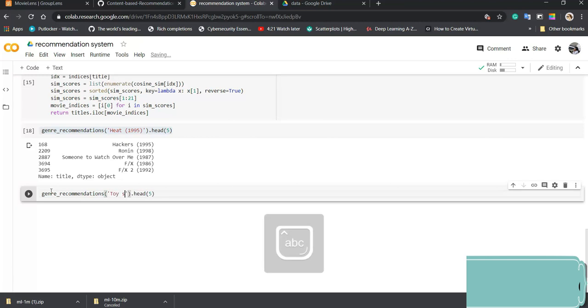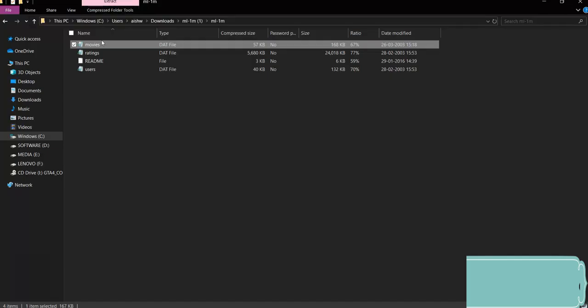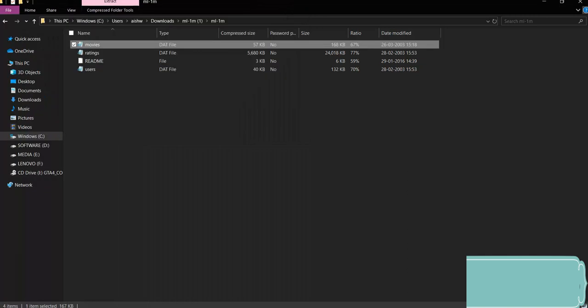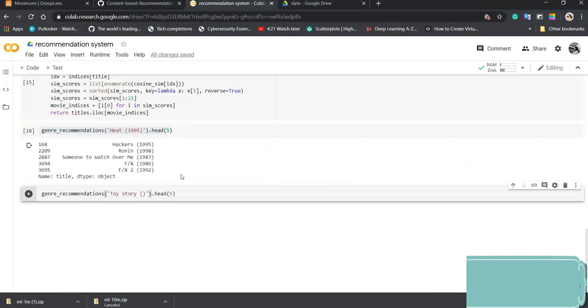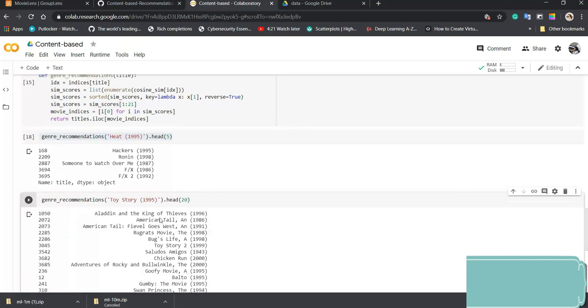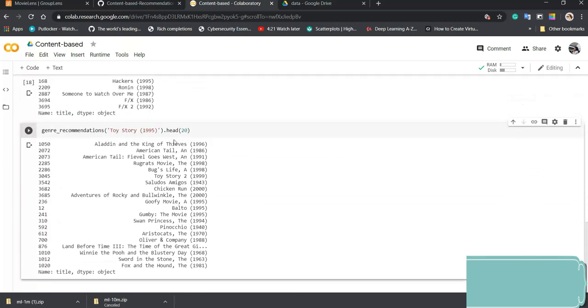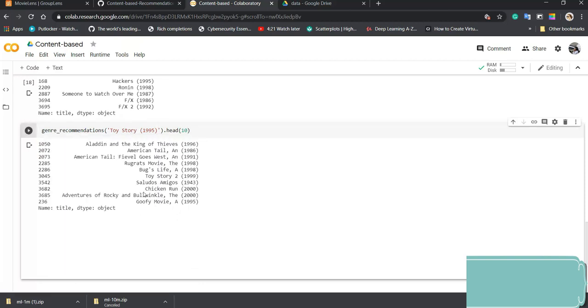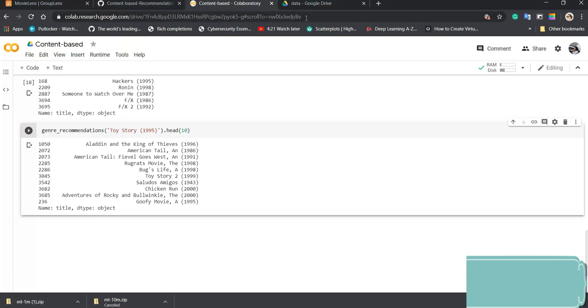So let's talk about Toy Story, which was released in 1995. The film's genres are animation, comedy, and children. So the output movie suggestions will be related to these three genres when the top 20 movies are suggested, if those films contain similar genres. This is how a recommendation system works, by reading the whole dataset and producing more or less accurate output based on user input. You can see the output: Aladdin and the King of Thieves. These are based on animation, comedy, and children, same as Toy Story. So our first recommendation will be given to the genres most similar to the Toy Story genres.